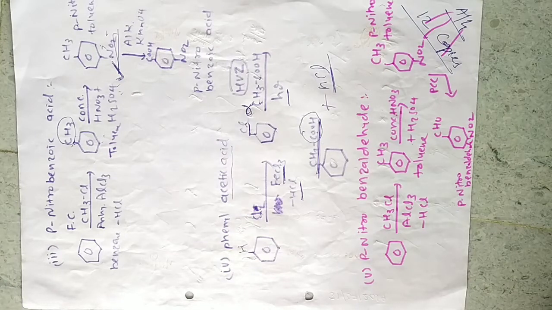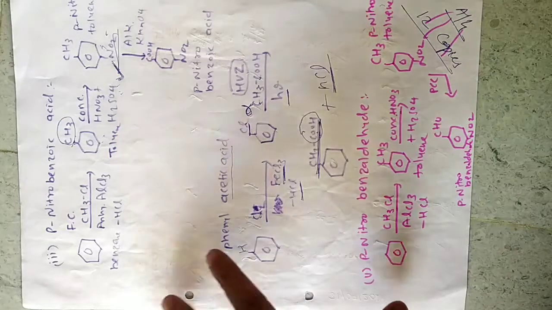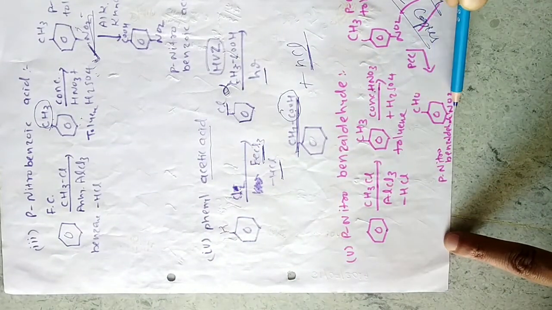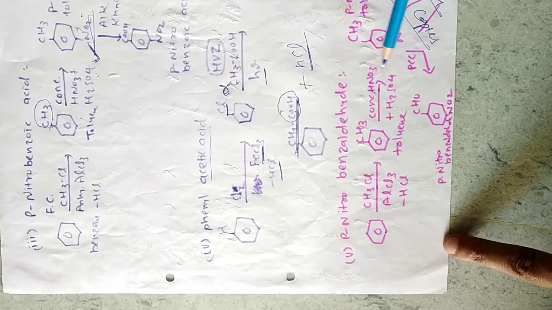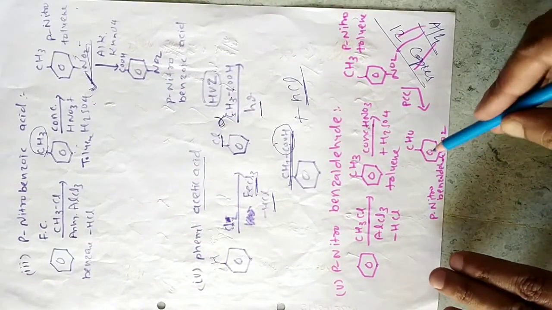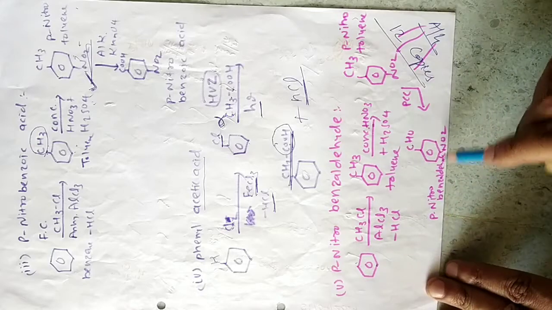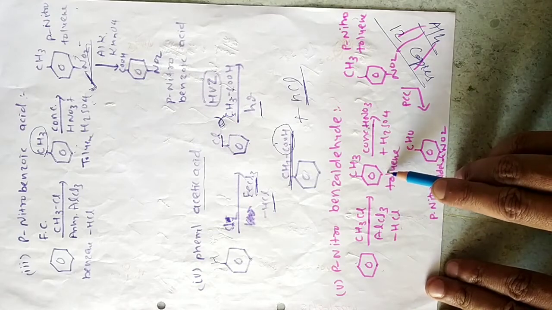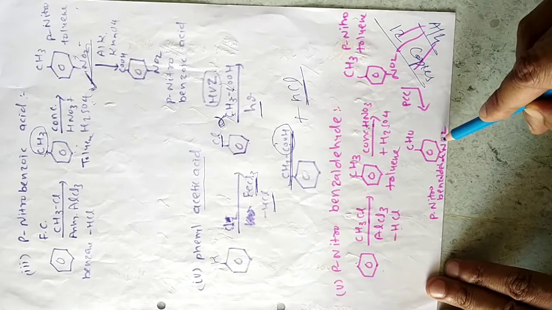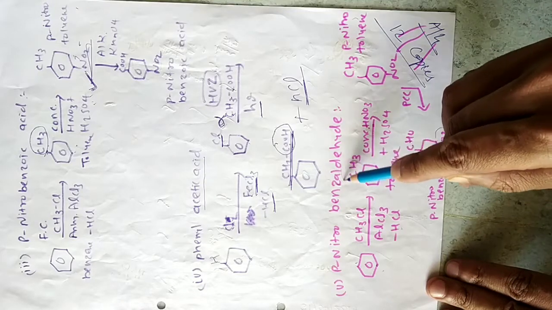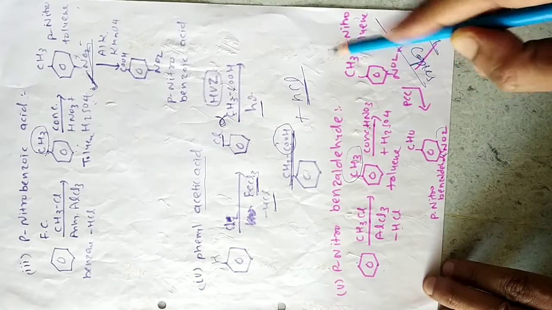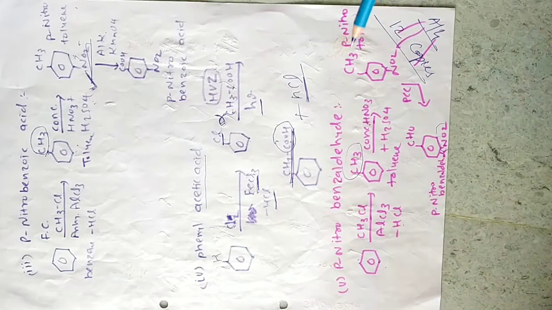Now fifth number, para-nitrobenzaldehyde. Now you can see this one is our benzene. This structure is our para-nitrobenzaldehyde. Here you can see the number of carbons is increasing and an NO2 group is there. So again Friedel-Crafts alkylation. In the first step I will get toluene. Then on the para position I need NO2. CH3 is an ortho-para directing group, so again I am using a nitration reaction. And again I am writing one product only here, that is para-nitrotoluene.